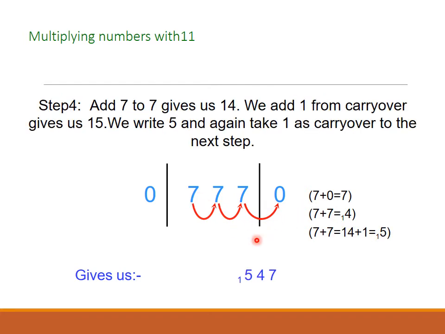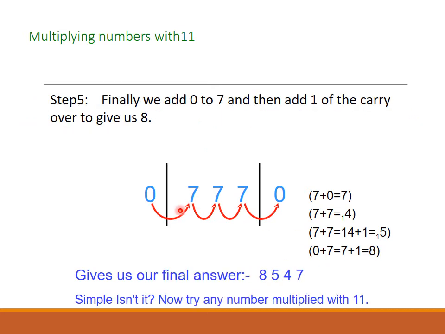So now look here. So again this 7 plus 7 is how much? It's 14. And now this one, it will come over here and it will become 15. Now again this one will carry over to the next. So now here you place 5 and now 0 plus 7, it's 7, and here this one will come over here and add up and it gives you 8.